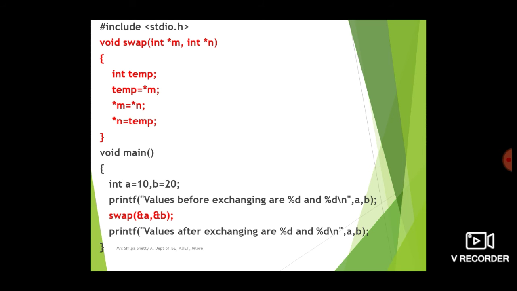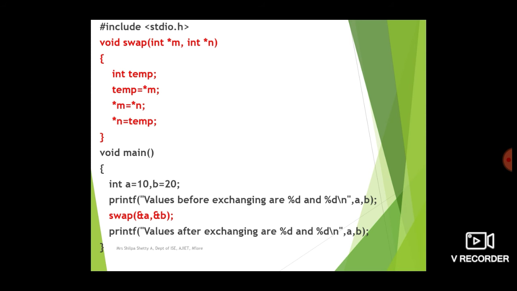In call by value, we called the swap function as swap(a, b), but here you see some changes. We have called it as swap(&a, &b). When you write ampersand, we have already discussed, ampersand refers to address. So we are not passing a copy of a and b. Instead, we are passing the addresses of variables a and b. So next, after calling the swap function, once the control returns back to main, we will print the a and b values after exchanging.